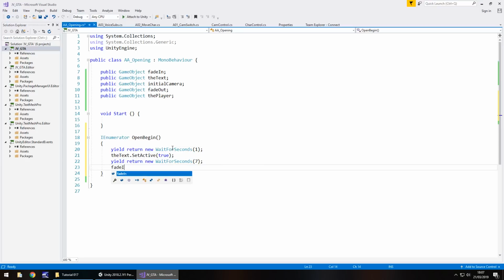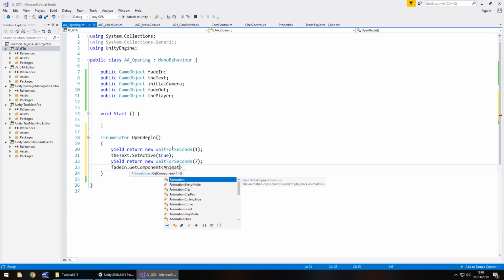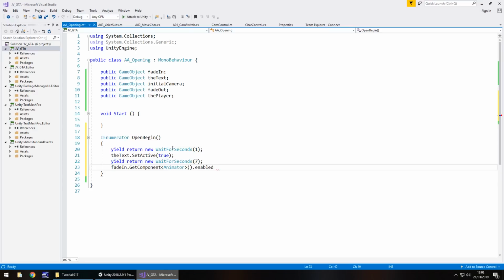So fadeIn.GetComponent<Animator>().enabled = true; So what's happening here is it's basically fading into our scene, and I think at the same time we're going to want to allow our camera to pan down over the course of a couple of seconds. So I'm going to save that script, head back to Unity.